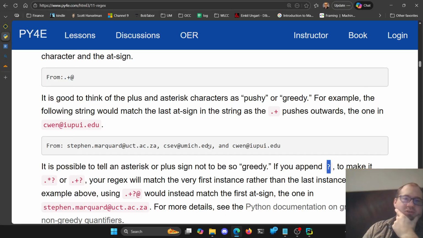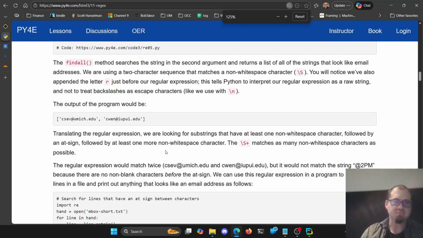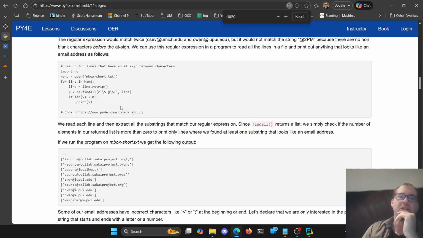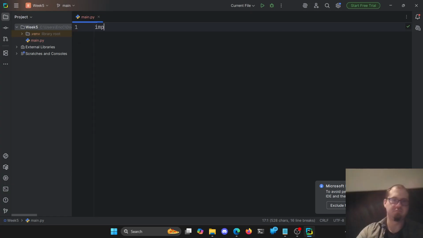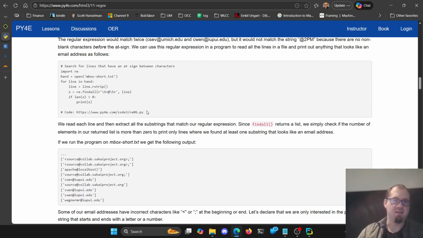So let's go back to the Python code. That's much more interesting here. Sorry. So if you actually want to go and grab something, we're going to say, I want to find everything that matches here. So we use the regular expression library and say, okay, find all from a given string. So it's going to find the matches in the string that match the regular expression that we're looking for. So let me go import regular expressions and